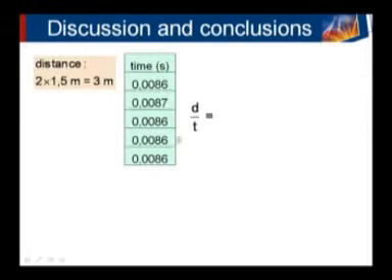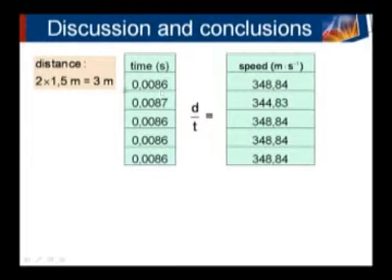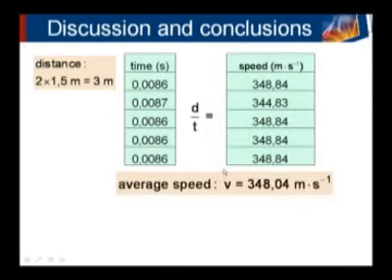We can now use the formula distance over time to work out the speed for each of these times. If we take 3 meters and divide it by 0.0086 seconds, we get 348.84 meters per second as the speed. If we repeat this 5 times for every time value, we can then calculate an average speed. This is done by adding all 5 of the speed values and dividing it by 5. Our answer then is